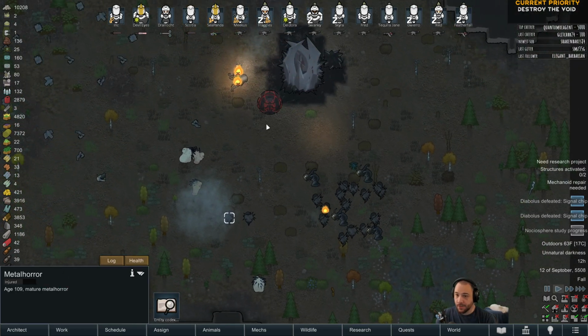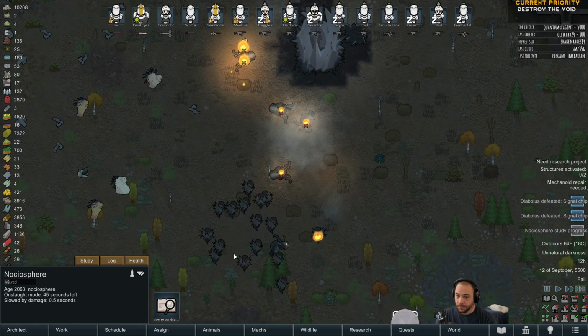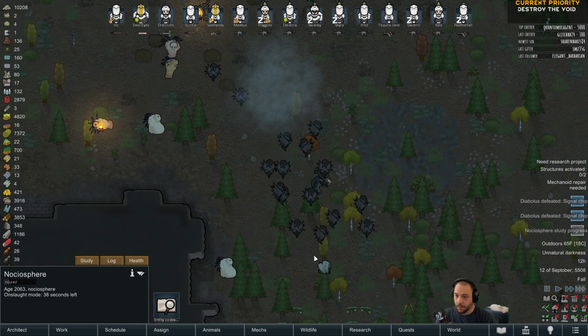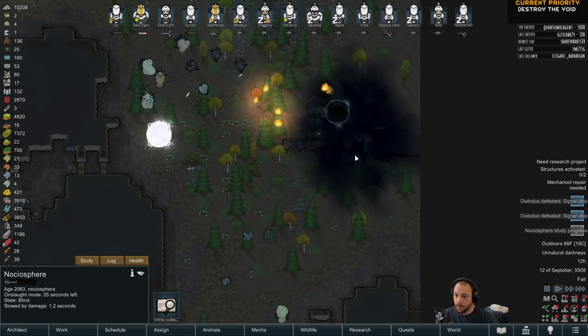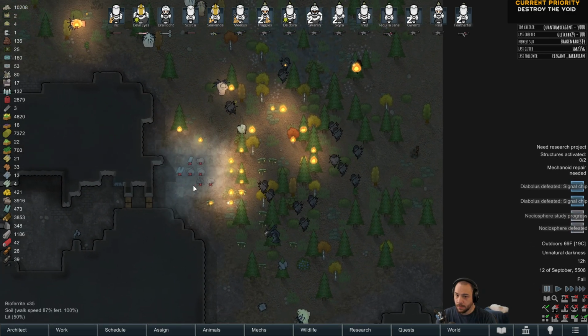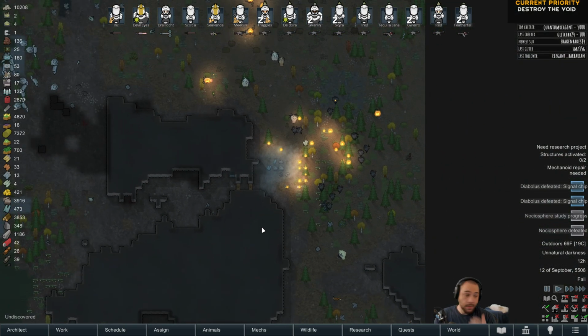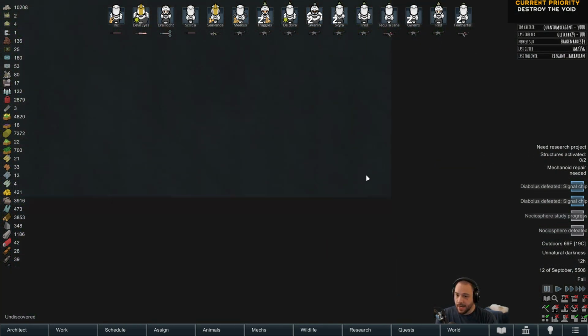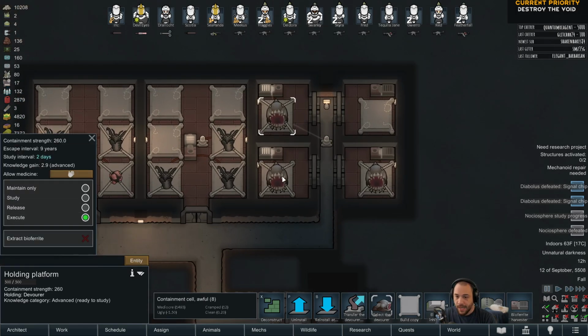It's doing a lot of damage to the horrors, which is great. And it got defeated. It died. That's not necessarily a bad thing. The next thing I want to do, which might seem a little crazy, but probably not too crazy, is execute